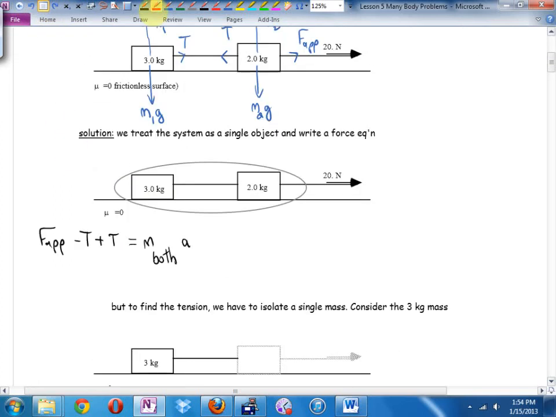Don't erase it. I want to show that it actually was there, but it turns out when you have plus tension, minus tension, gone. In fact, my equation simplifies to F app, the applied force, equals the mass of both times A. How would I get the A by itself? Divide by the mass of both. The acceleration of this system is going to be F applied divided by mass 1 plus mass 2, the mass of both of them,